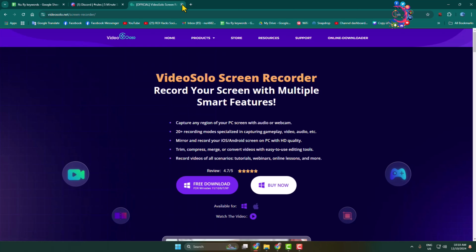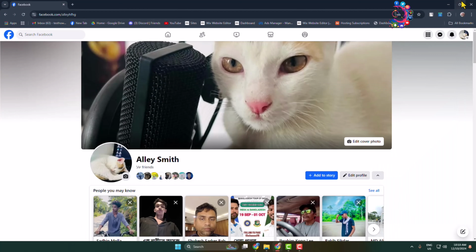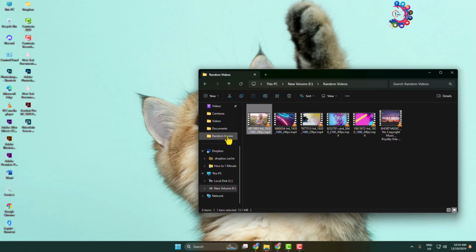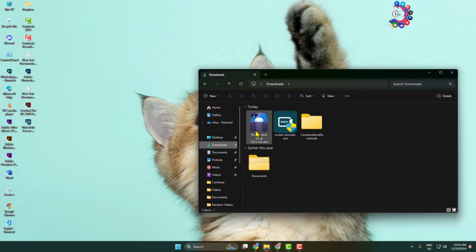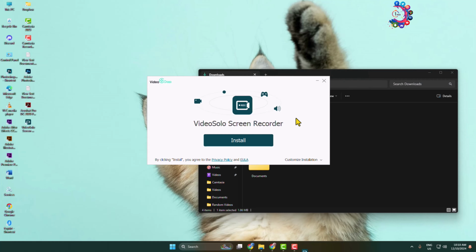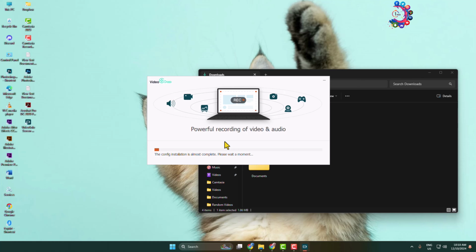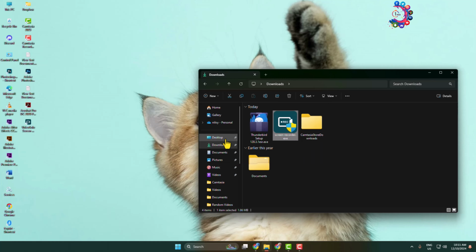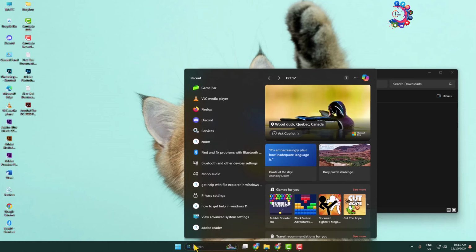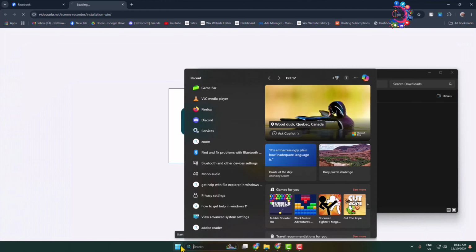So once the installer successfully downloads, go to your File Explorer, go to the Downloads folder, and here we can see the screen recorder exe file. Just install this software on your computer. Once it's successfully installed, now go ahead and launch the app,